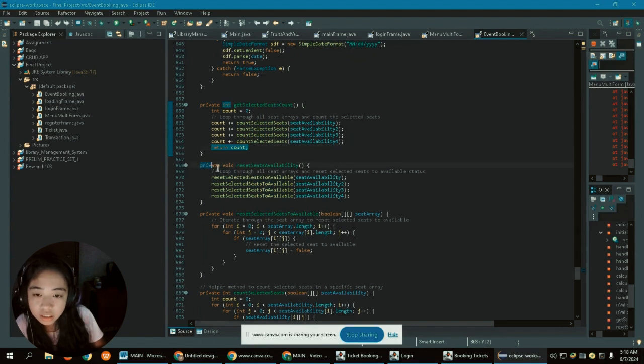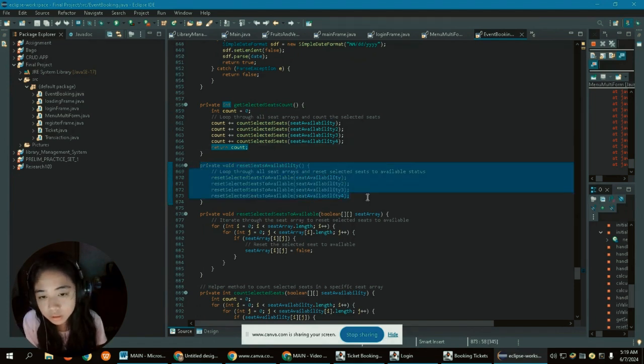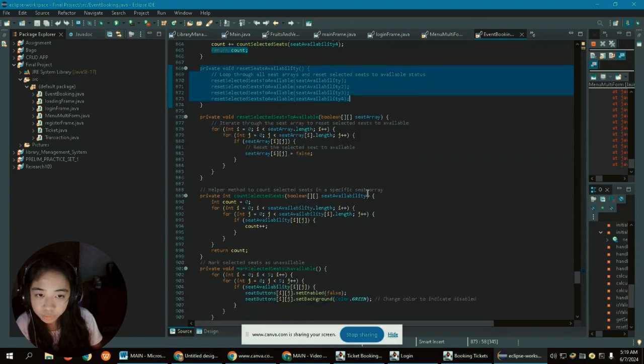This one loops through all the seat arrays and resets the selected seats to available status. It monitors all of the arrays and resets the selected seats to available.